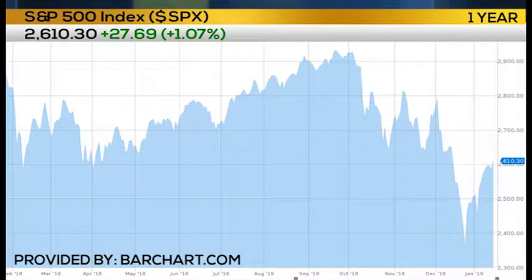Momentum. The momentum in December was obviously to the downside, but look at this boom in January. It's been nothing but straight up. Always makes you happy. And taking a look at your trade trackers here, I have to start with